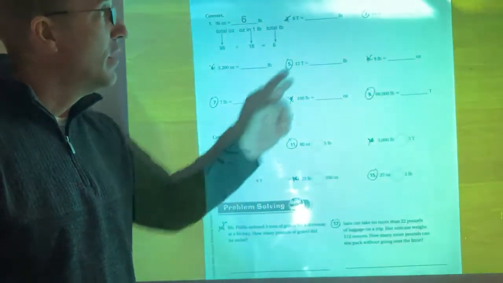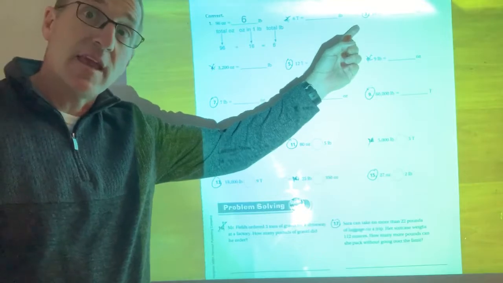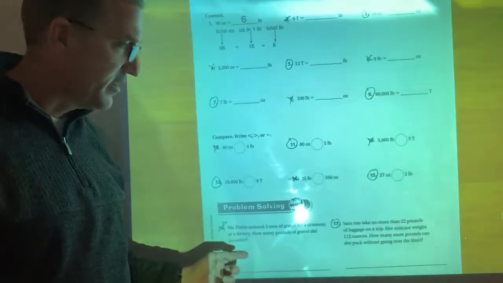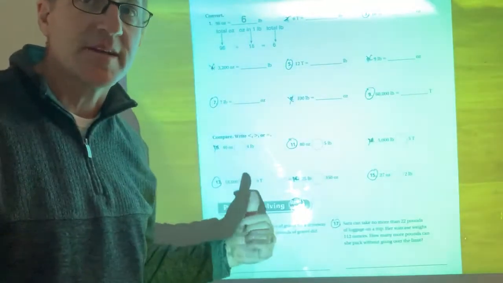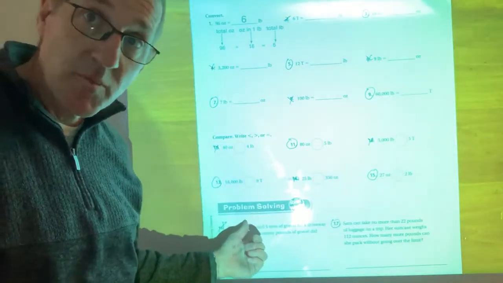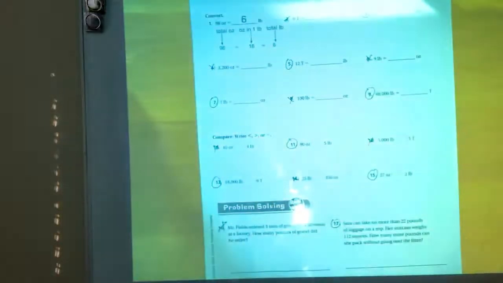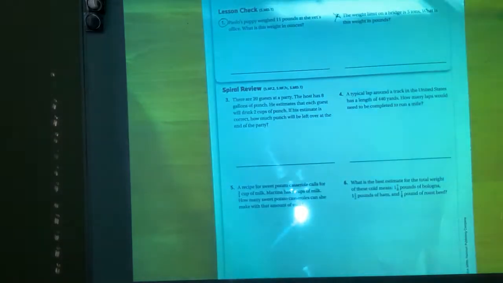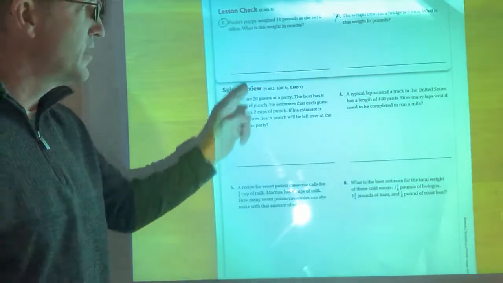We're gonna do the odds this week or this day. So just go ahead and do the odds, even down to here. I'm gonna flip this over and take a look at the back. Some of the spiral review is kind of challenging. So go ahead and do number 1 of the lesson check, and then let's come down and take a look at